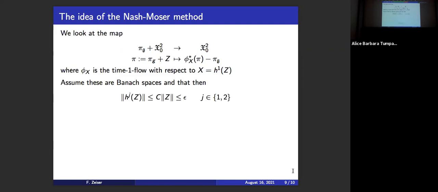So we only have one norm, which defines the whole topology, and that we have this simplified set of estimates, so that the norm of the homotopy operators of Z can just be estimated by the norm of Z, and we assume them to be smaller than epsilon, some small parameter. And basically what we want to show is